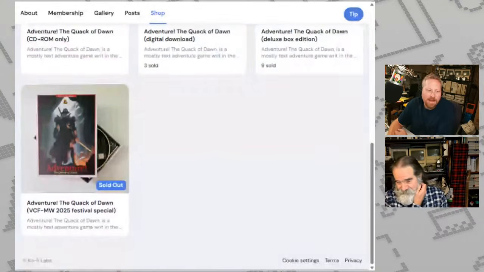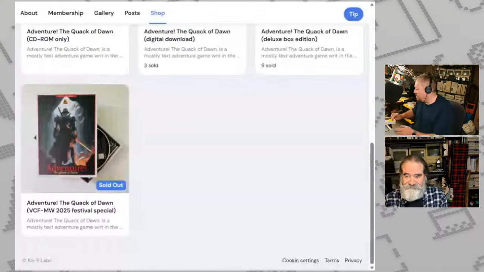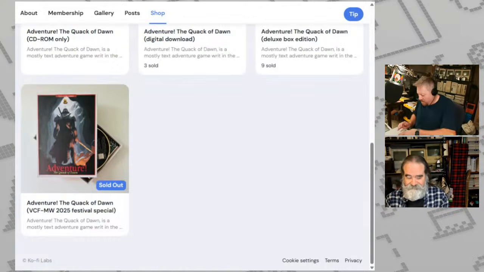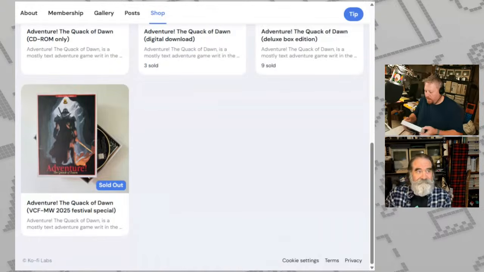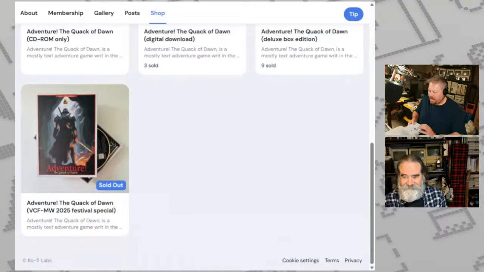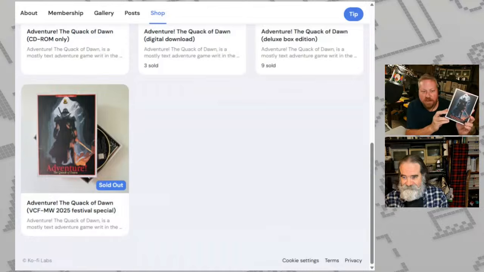So I feel very, very fortunate that I was able to pick up the deluxe edition, so that I've got all of the feelies and all the doodads and all the wibblies and all the wobblies and everything that came in the box. Plus, I really like that I have number 13, lucky number 13. Lucky number 13, yes.